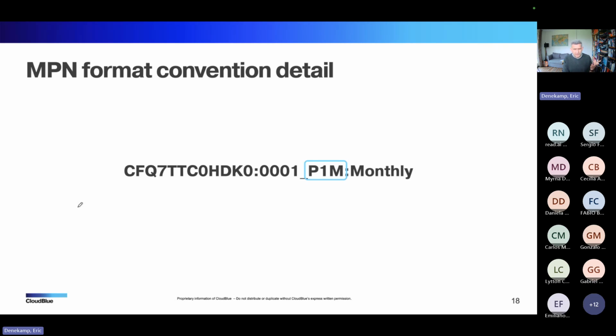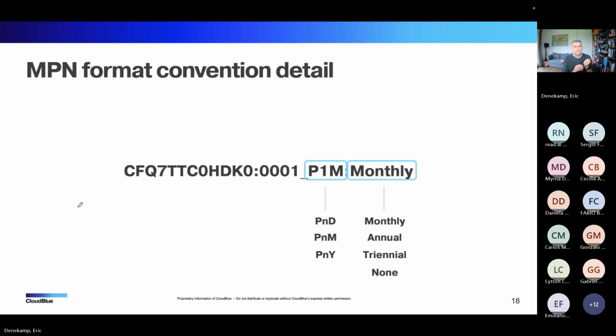After the subscription period, we get the billing period. So in this case, we're talking about monthly payments. So let me give the rest as well. Monthly, annual, triennial. So if we have a P3Y, it could have a colon triennial. That means that I'm paying everything up front. For 3 years, you subscribe for 3 years, and you pay everything up front for those 3 years. So there are a couple of interesting ones.